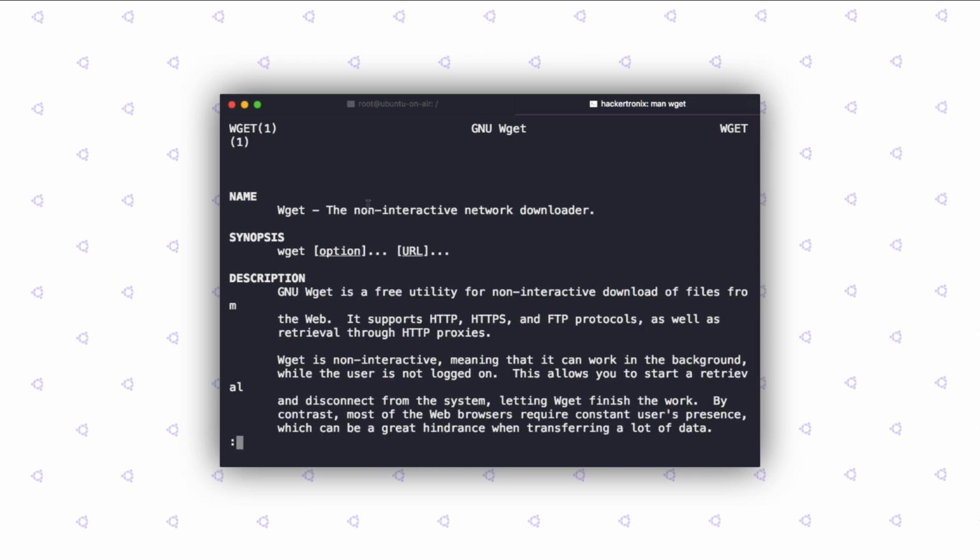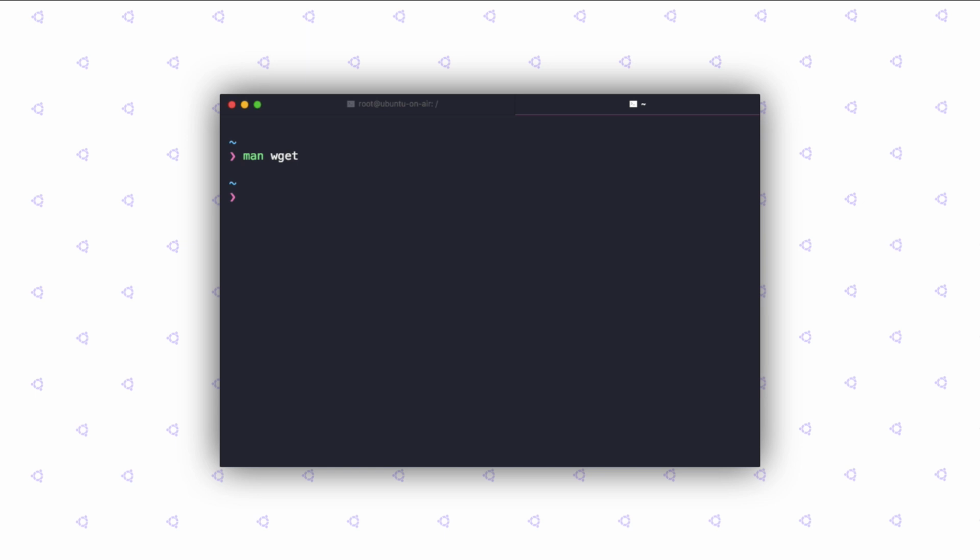So the command is called wget, and it stands for webget, and you can see in the man description it's a non-interactive network downloader. So let's actually go ahead and check it out in a demo.